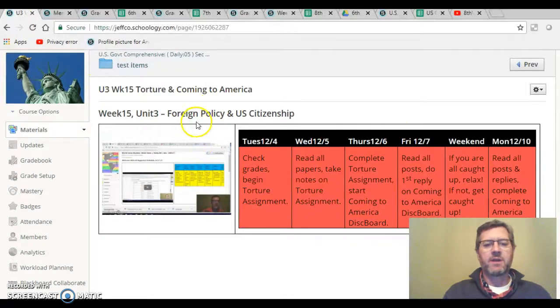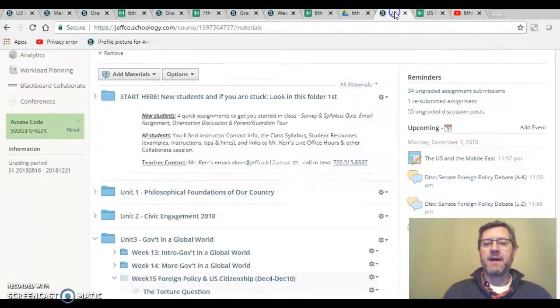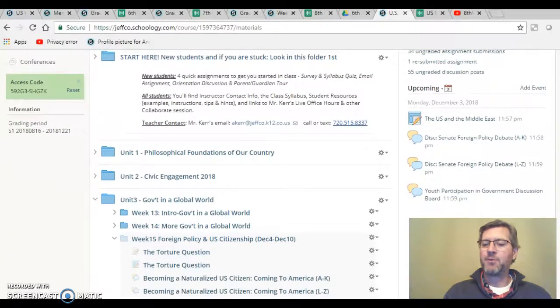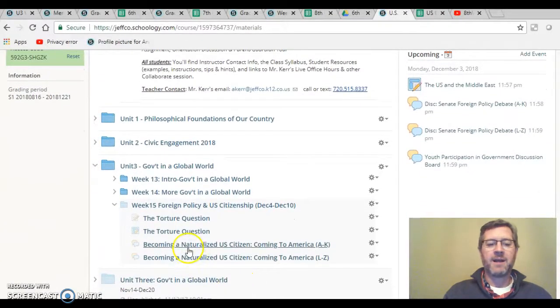And we're going to talk a little bit more about foreign policy, specifically about torture, and look at a couple of articles about what defines torture and where the line is, as we should define it within our country, our government, and our military. So that will be the first assignment. The second one we're calling Coming to America, and this will be an assignment about people who become a naturalized